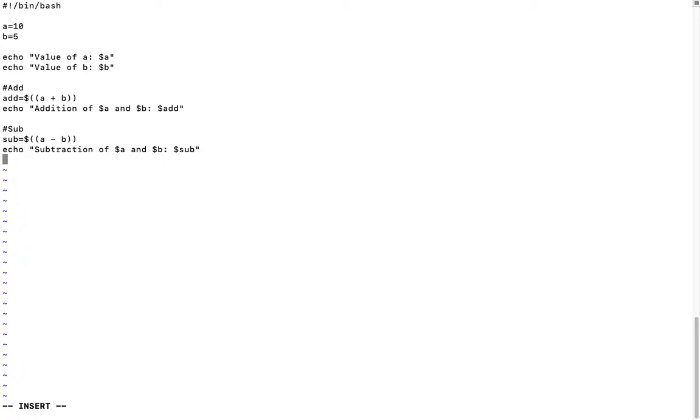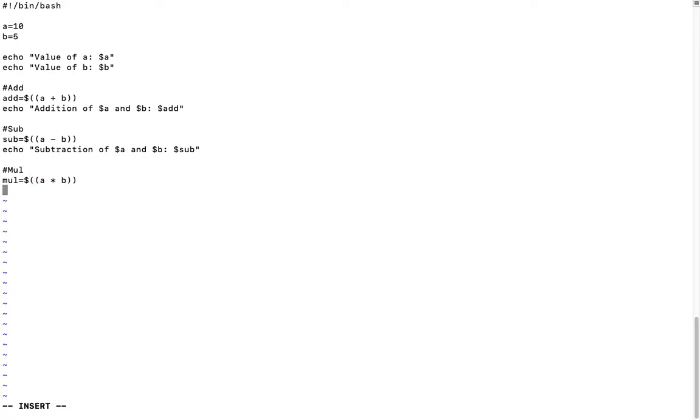Now we do multiplication. For that we create a variable mul. Okay, mul is equal to $((a * b)). For multiplication we use the star character, a star b, bracket close.